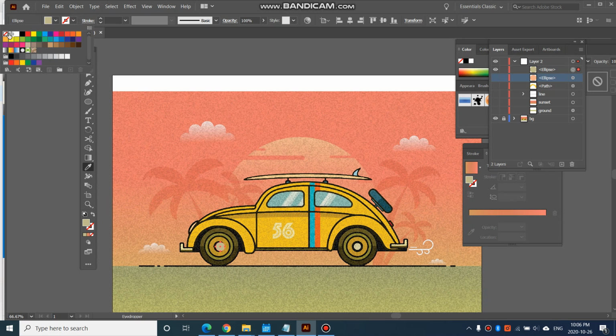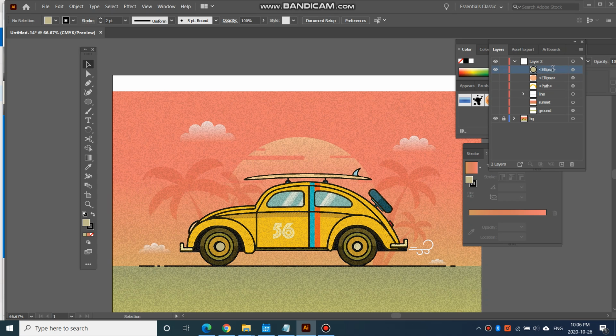And you can also use your stroke and change the size of your stroke. And of course, you have to label all the layers in your drawing. So let's go over to